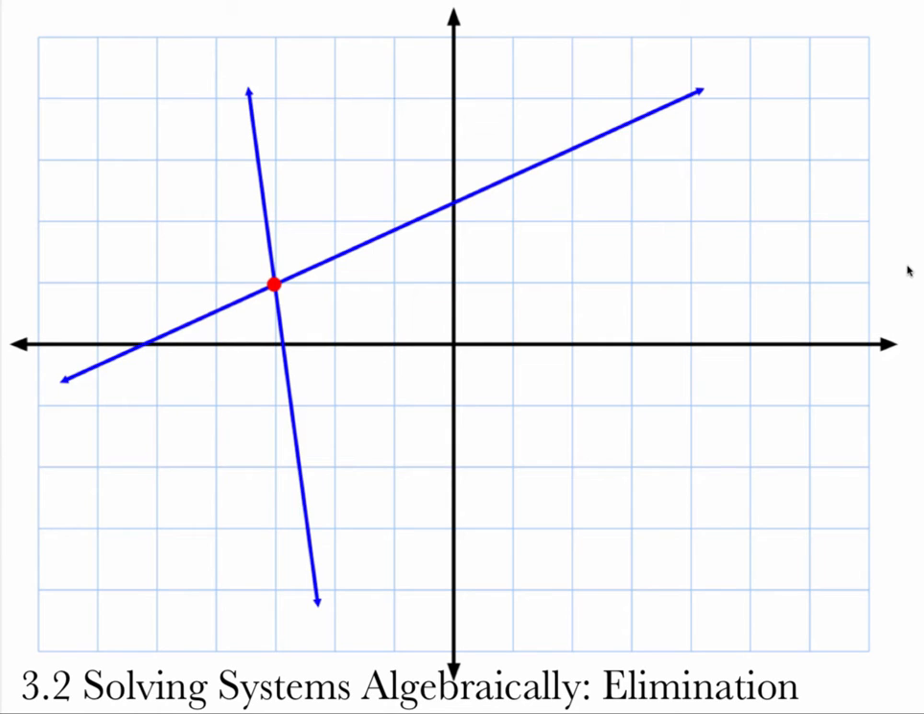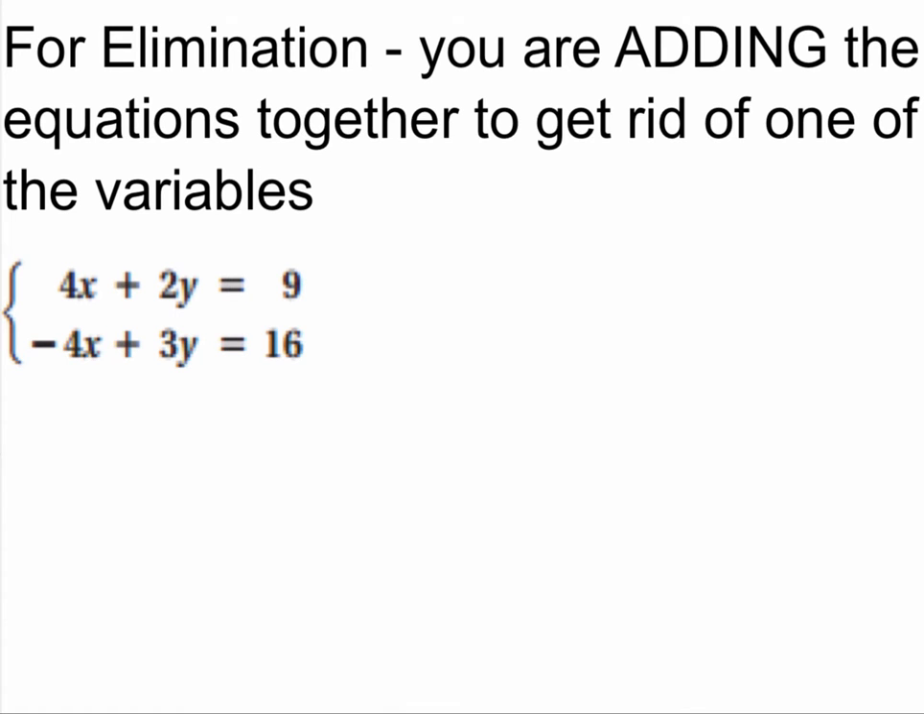Now let's look at solving systems algebraically using elimination. For elimination, you're going to add the equations together to get rid of one of the variables. So for this problem, 4x plus 2y equals 9 and minus 4x plus 3y equals 16, you see if I